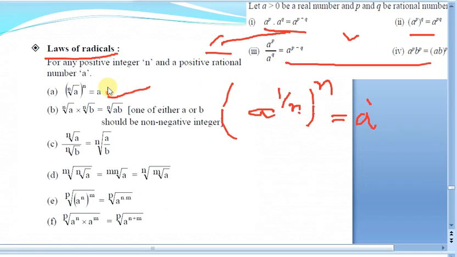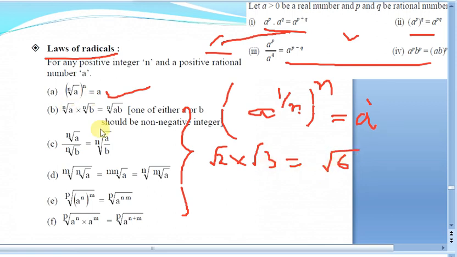Now see, if you know the standard notation of how to write the surd, and if you know these exponential laws, you can derive it yourself. Now see, it is nth root of a into nth root of b. That is exactly what we have seen in the simplification part. If square root of 2 into square root of 3 is there, what have we done? We just multiplied 2 into 3, 6, and kept a common root. Why? Here the order is same.